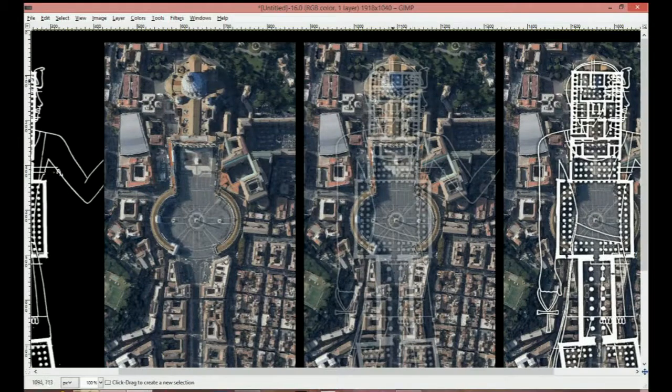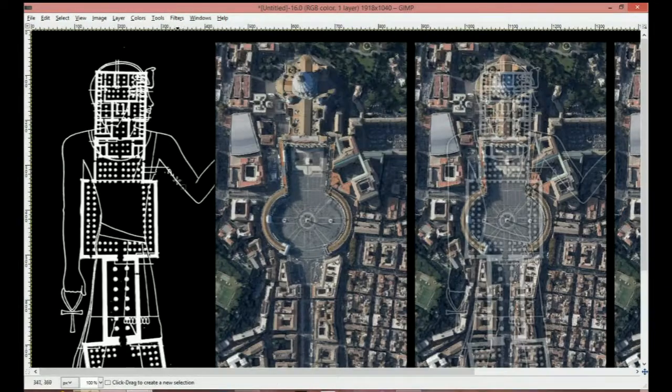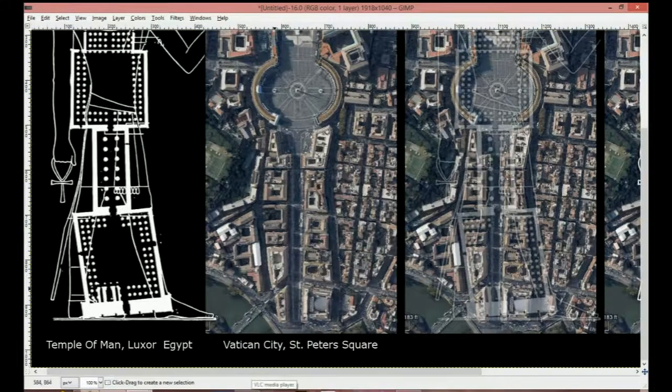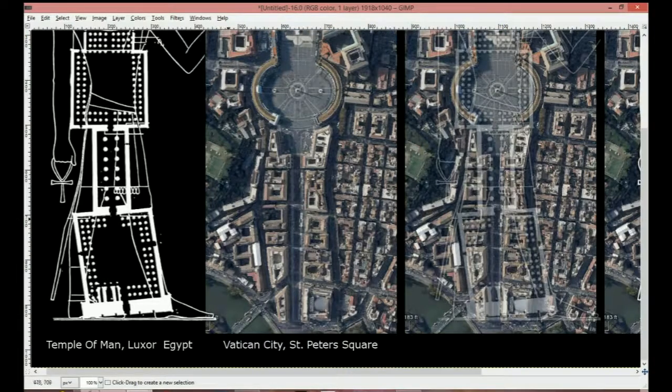So what we've really got going on here is a lot of geometry that confirms itself. I'm not saying that Bernini actually meant to design it exactly after this temple, but it's very clear that he's designed it very similar, because we have the area that's the largest and the areas in the stomach. And if you notice, this central area right here is right where the belly button would be on this person. So I thought this would be kind of interesting for you to see